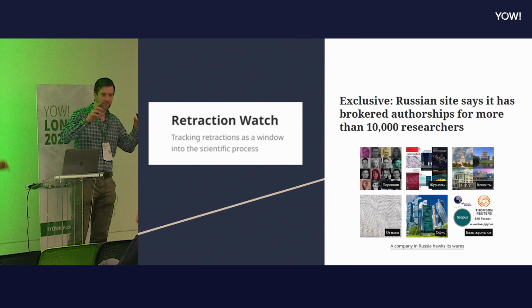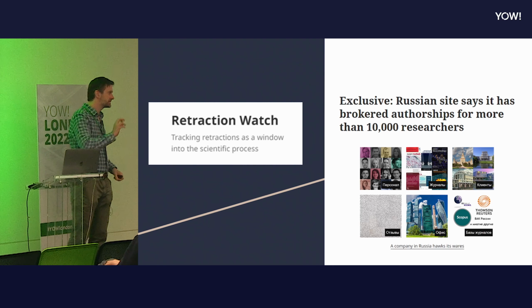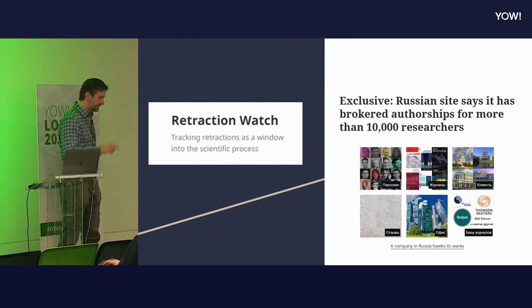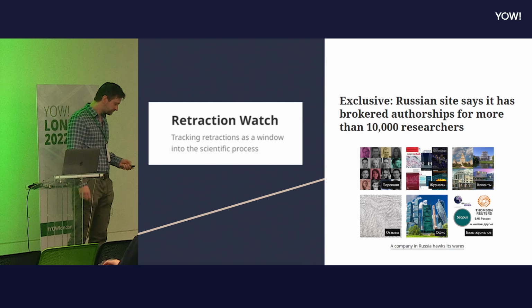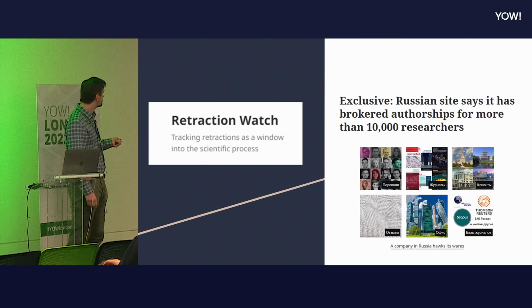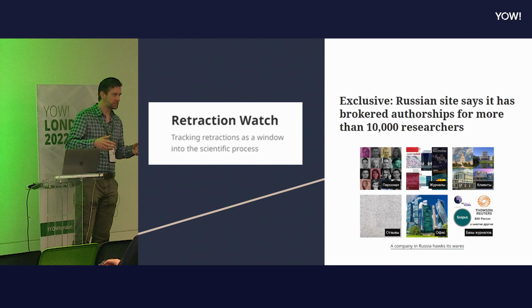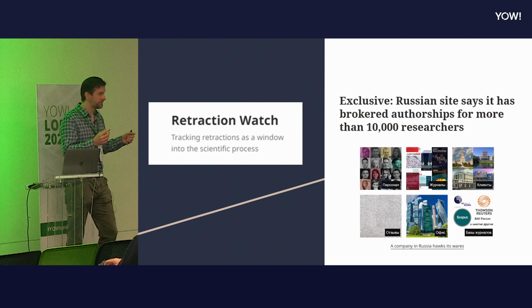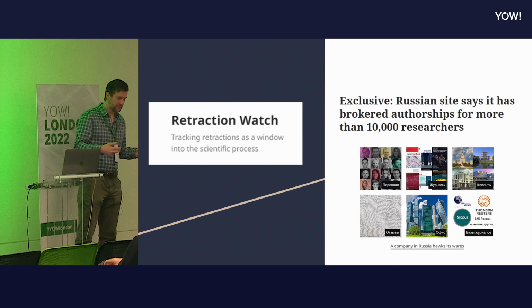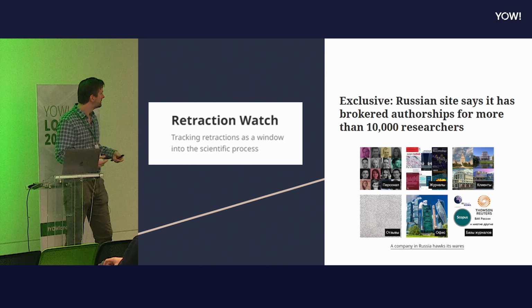Okay, so you remember that agent, right, who's in our little graph? He's looking for people who want to buy his fake papers, right? This was a website called Retraction Watch. Did this story back in 2019 about just such an agent that was actually advertising all of the fake papers they had. Actually, the papers might have even been real. We don't know. We just know that there were papers on this website where authorship was for sale.